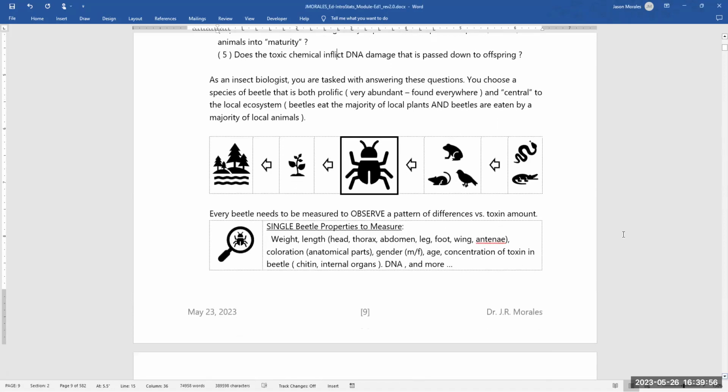So as an insect biologist, you're tasked with answering these questions. You choose a species of beetle that is both prolific and central to the local ecosystem. Every beetle needs to be measured to observe a pattern of differences versus toxin amount. So for each beetle,